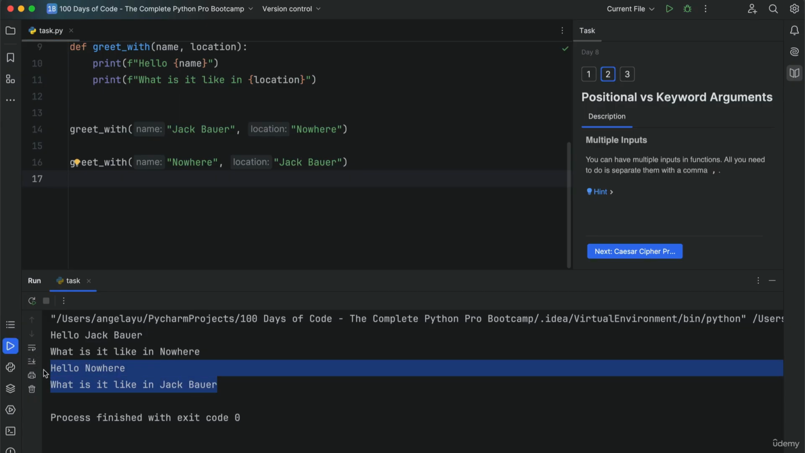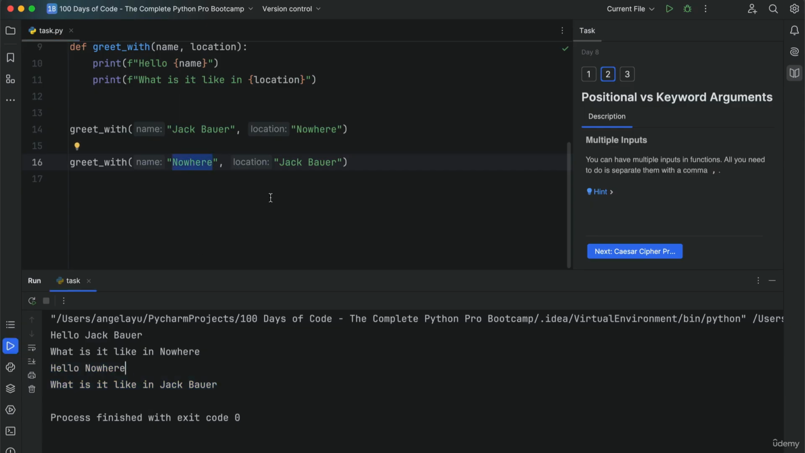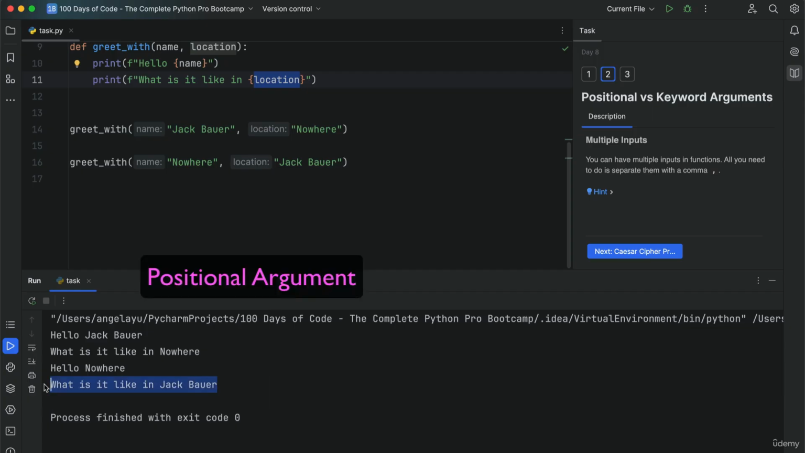And what's actually happened here is it takes the position of the data, looks at both of these arguments, and the first argument gets assigned to the first parameter, the second argument gets assigned to the second parameter. So in this case, when it's actually gone in here, name is now equal to nowhere, which is why this line printed this, and Jack Bauer is now assigned to location, which is why it printed this second line, like so. And in Python programming, this is called a positional argument,